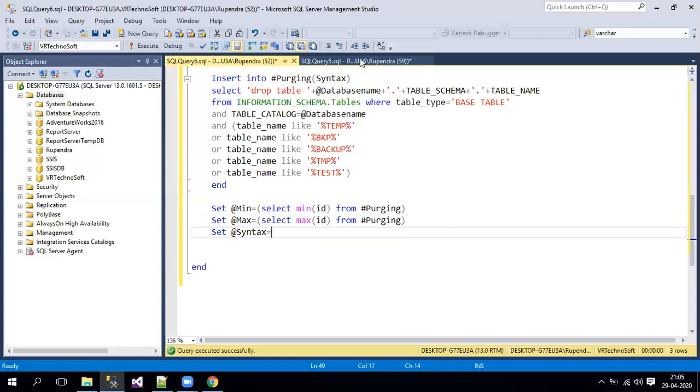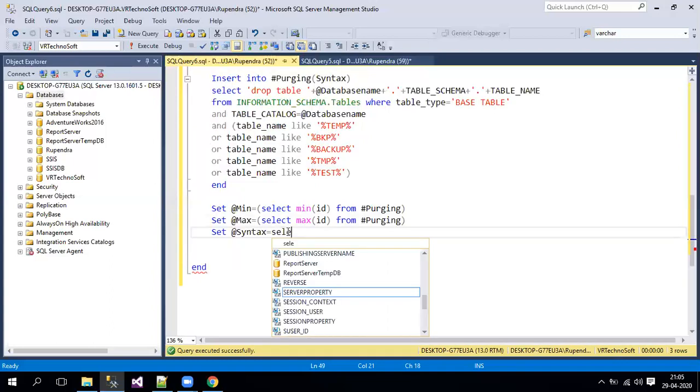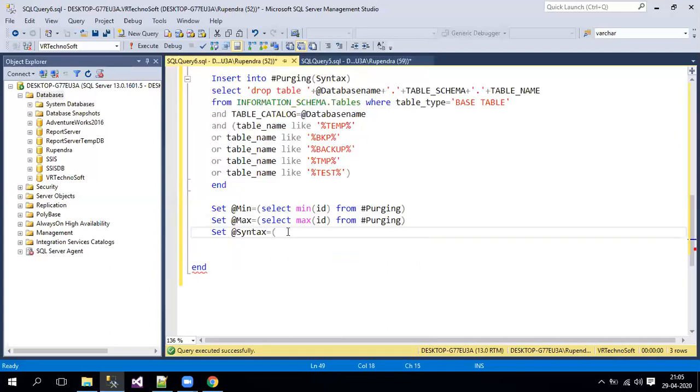Now what I will do is, by using this minimum value, first I will get this first syntax, and I'll store it in one particular variable. So for that I am writing a condition saying select syntax from my purging table, the first row, where id equals my variable @minimum.